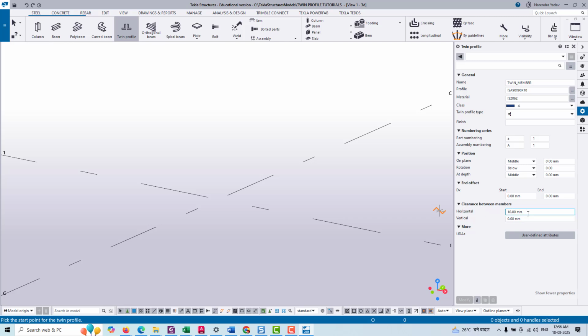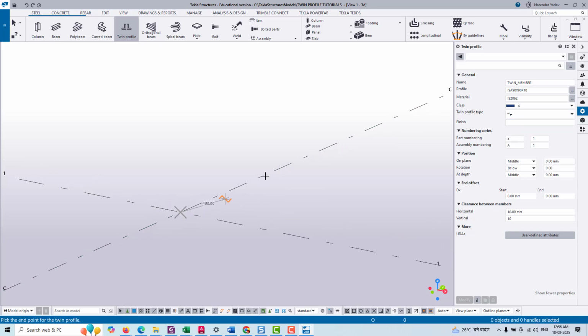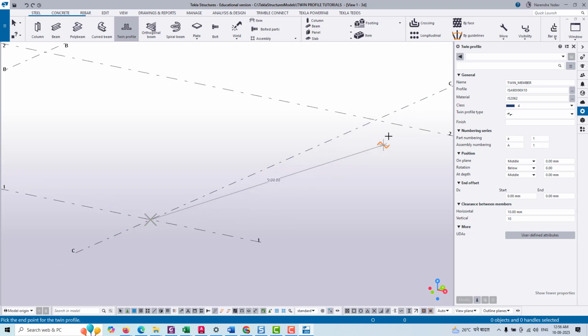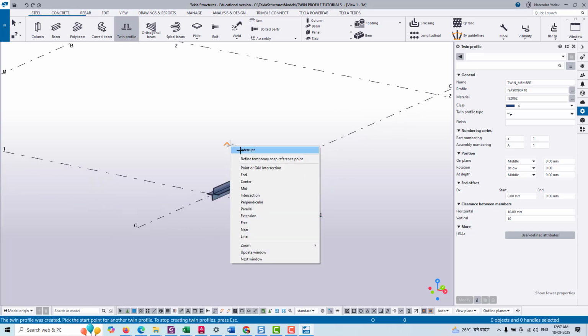Suppose we are taking 10 mm in horizontal and 10 mm in vertical distance, and there are a number of profiles or different orientations. You can pick any one. Suppose we are taking the first one, which is also called back-to-back angle or star angle or star profile. Here you can specify some distance, like 15 meter I am giving here,